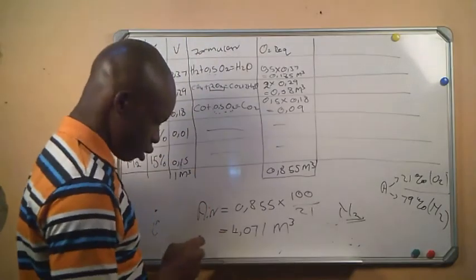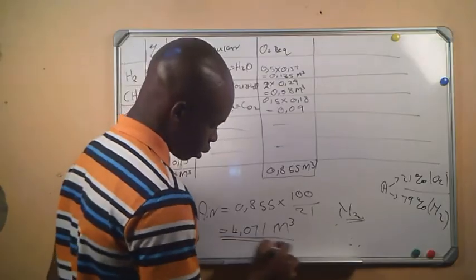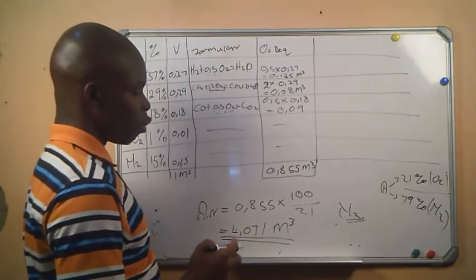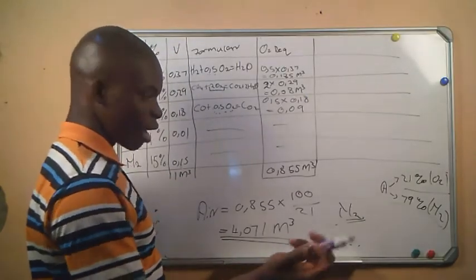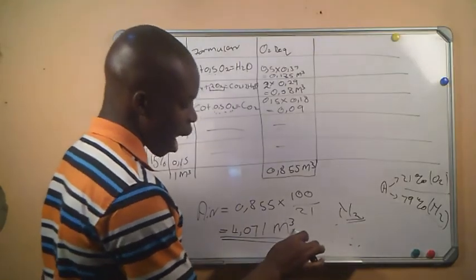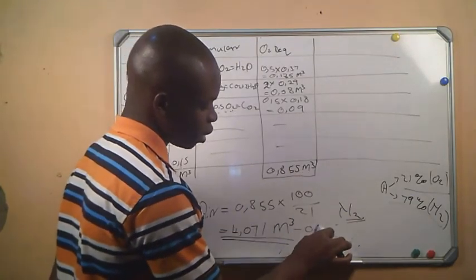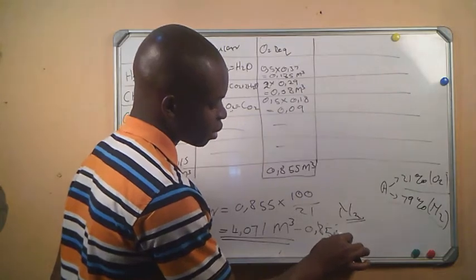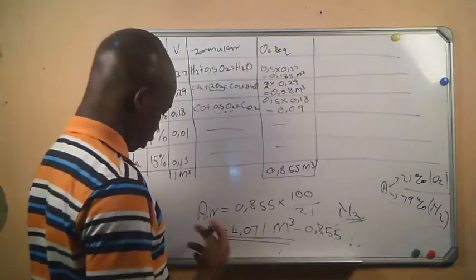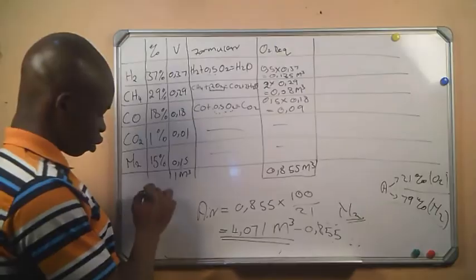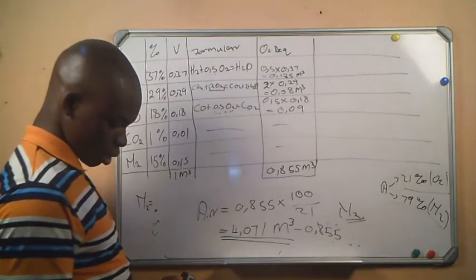So nitrogen, we can tell from this amount of air, we know that 79% of it is going to be nitrogen. Or we can just simplify things and subtract the amount of oxygen that we know is in the amount of air. Then we will be left with the amount of nitrogen from this stage. Then the amount of nitrogen will be this minus this, and I got that my answer is going to be